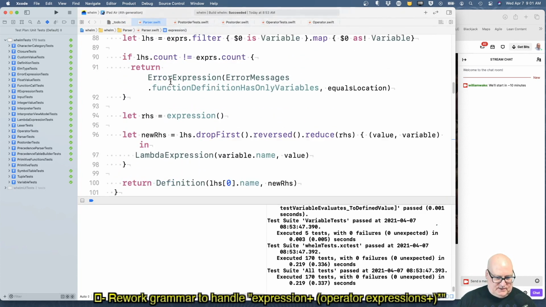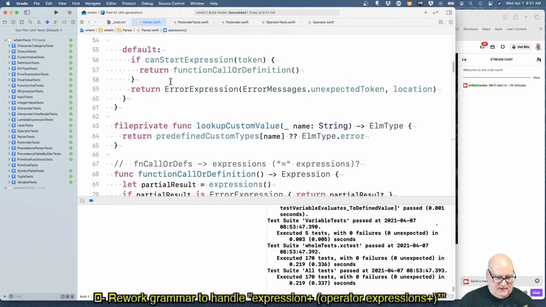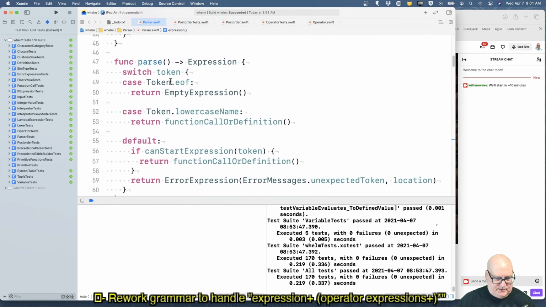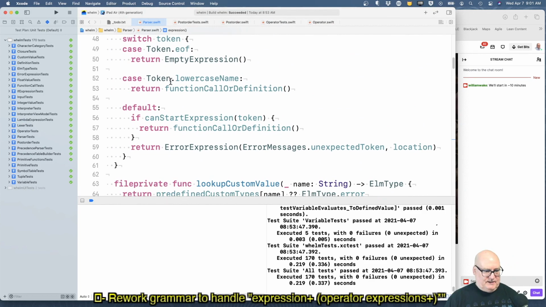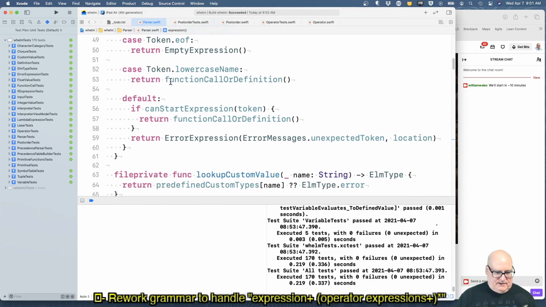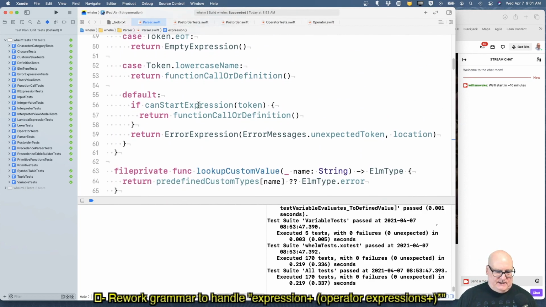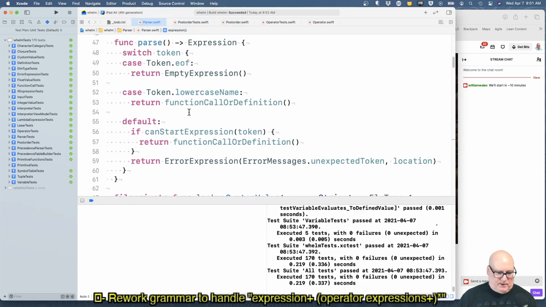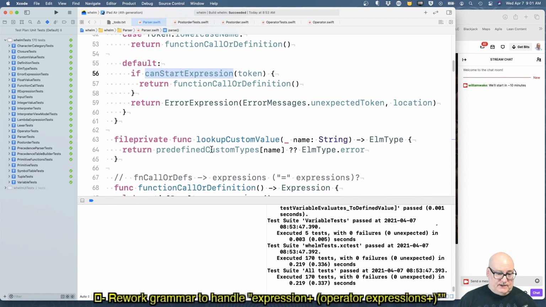All right, let's go to the grammar. And I'm going to back us up to parse. So basically, right now, our main parser looks and says, if you can start an expression, like a name or a number or things like that, then maybe you're a function call. Well, we expect you to be a function call or a definition.